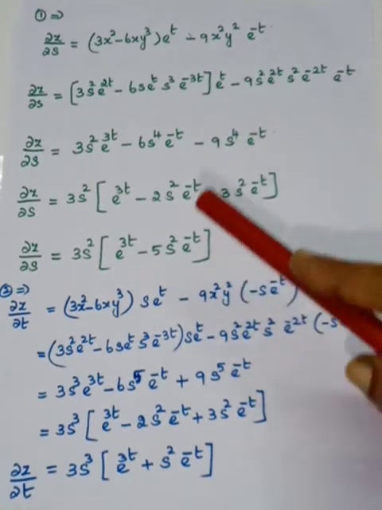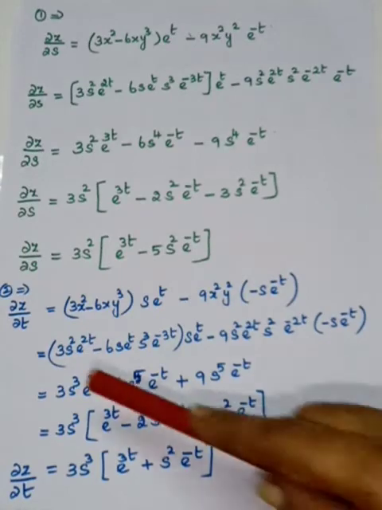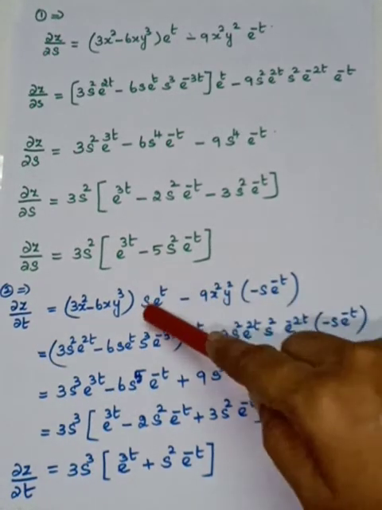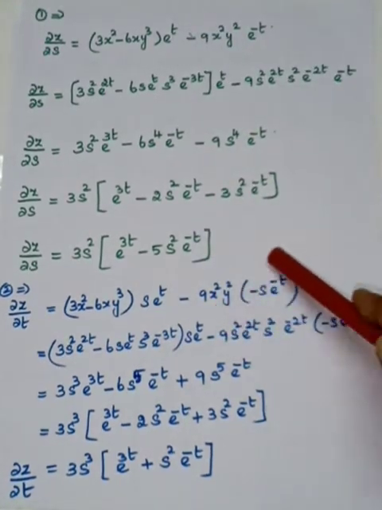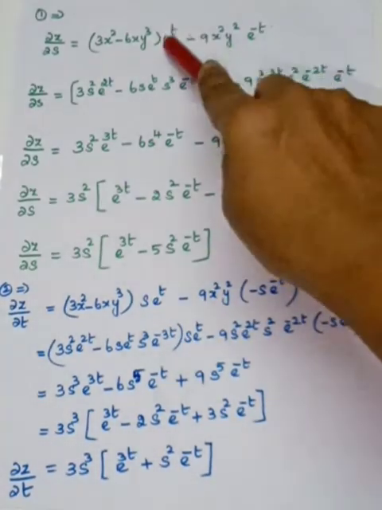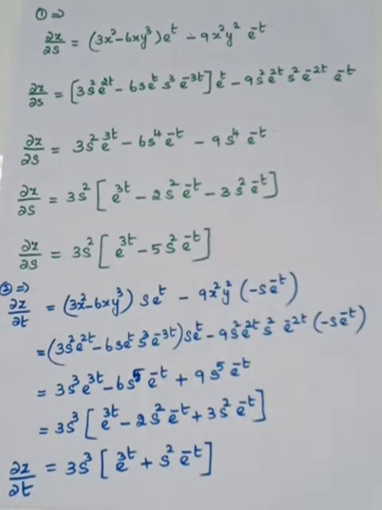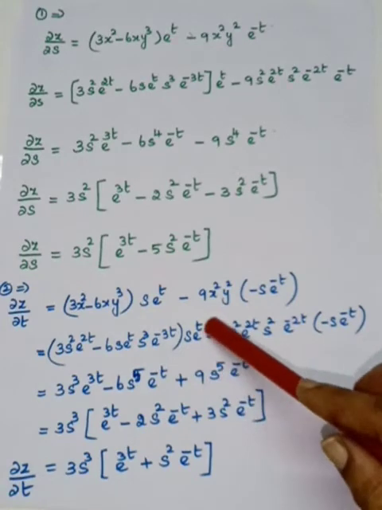Okay, go to the second formula. What you have to do? It has to be dou z by dou t. So the formula will be dou z by dou x into dou x by dou t plus dou z by dou y into dou y by dou t. In the two terms only the denominators change. Here with respect to s, here with respect to t. And what you have to do? X and y has to be substituted. So when you substitute, you have to multiply the same way. So s e power t.